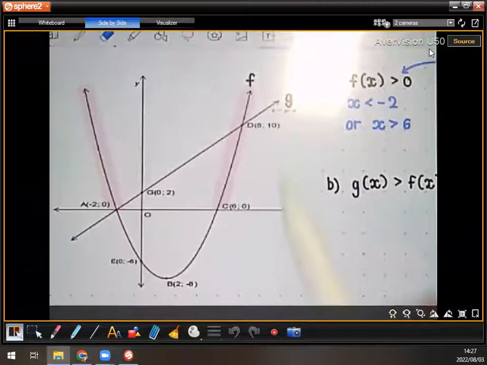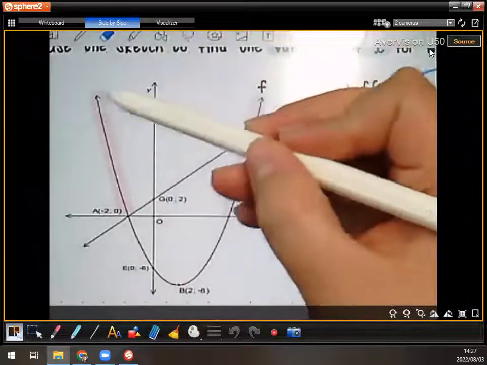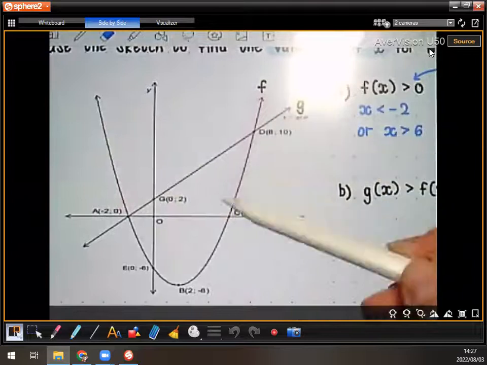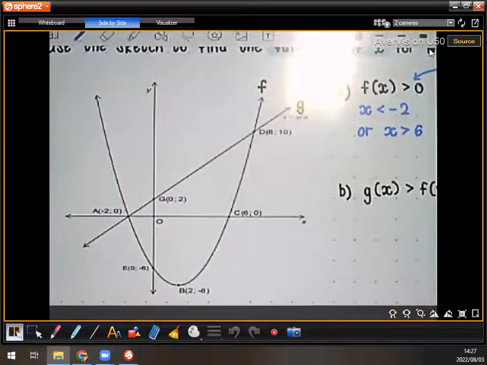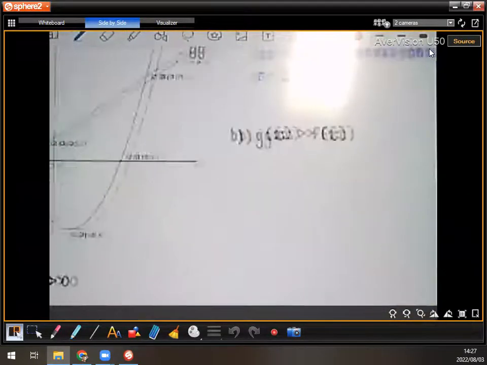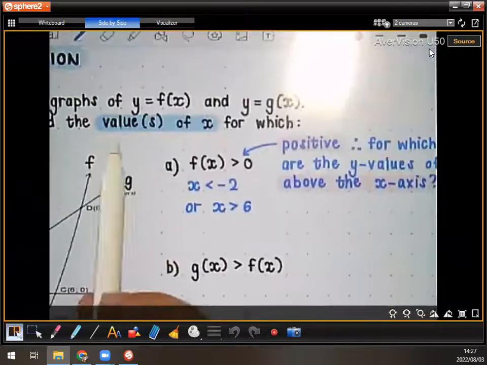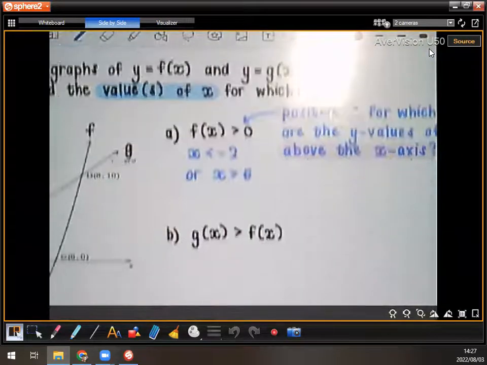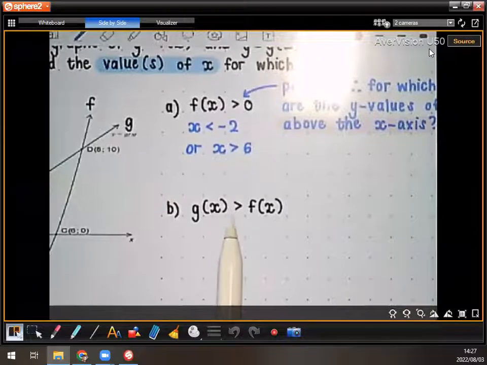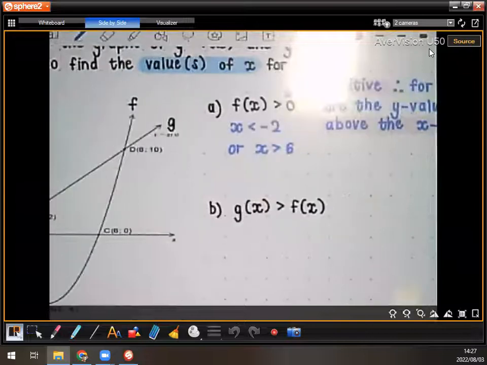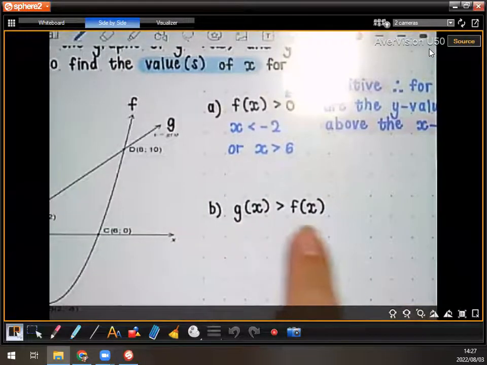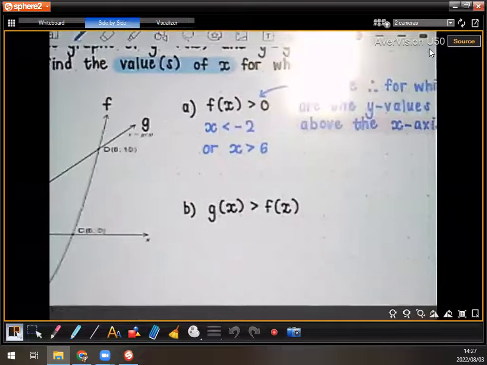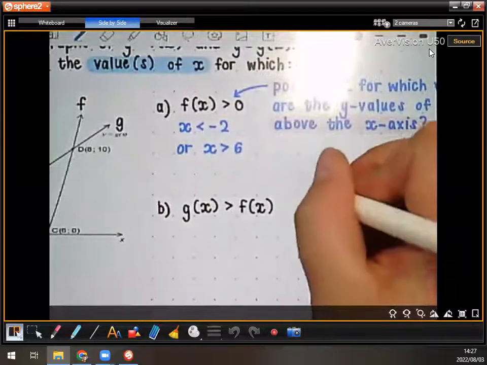Okay, let's look at the next one, guys. I like the fact that you're asking questions. Nice. Okay, the next one is saying, same thing, find the values of x for which g of x must be greater than f of x. So now they're actually comparing two graphs with each other. Okay, so g we said was the straight line and f is a parabola. So guys, they're saying the y values of g